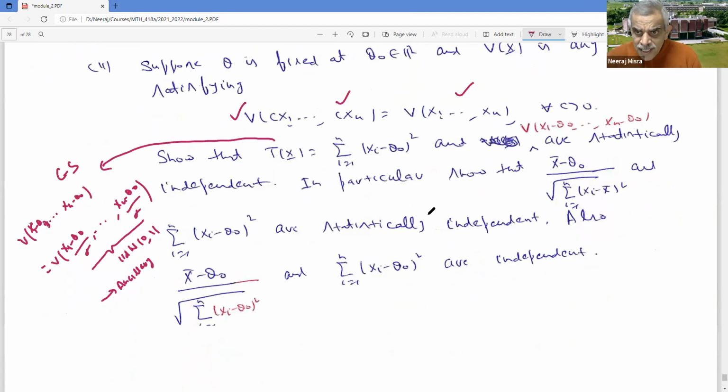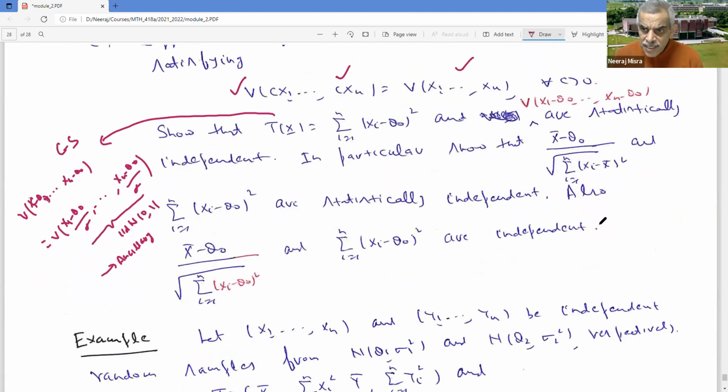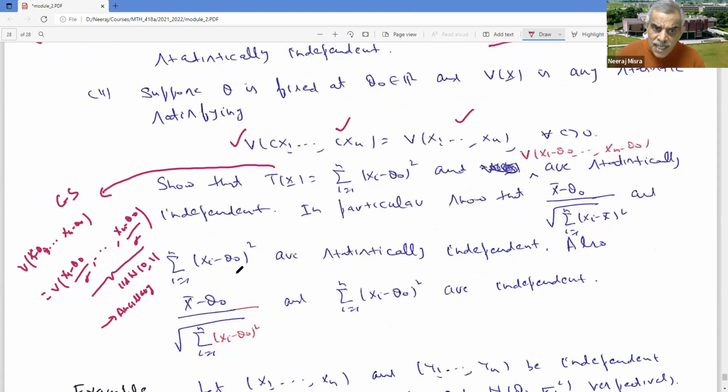As a particular case of this, the statistics x bar minus theta naught, summation xi minus x bar whole square, and summation xi minus theta naught whole square are statistically independent. How do you prove this? This is clearly of the type x1 minus theta naught, x2 minus theta naught, xn minus theta naught. You can take V of t1, t2, tn to be t bar, that means the mean of this, and the square root of